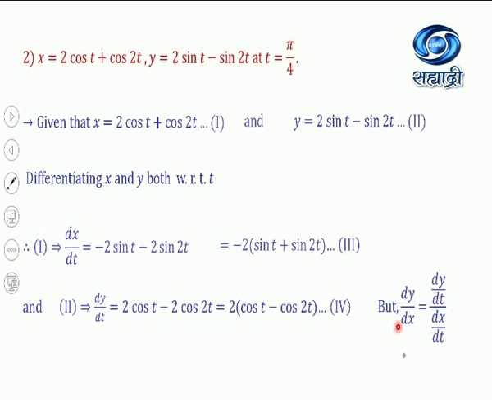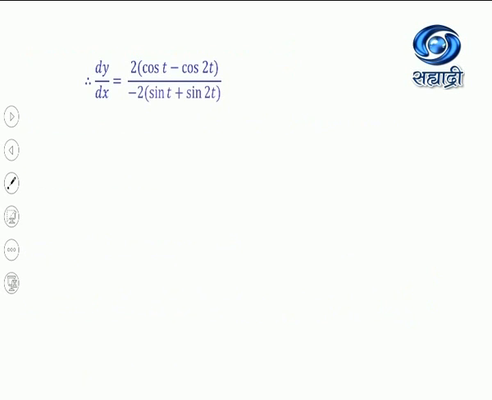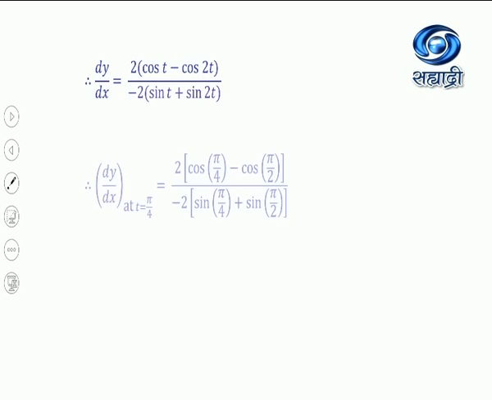So we consider the formula dy by dx equal to dy by dt upon dx by dt. From 3 and 4, means these two. Here we substitute the values, and what we get, see here, we get this dy by dx equal to. Here we put value of dy by dt, here we put value of dx by dt. Now here 2 is common in numerator as well as denominator, so get cancelled. So what happened?